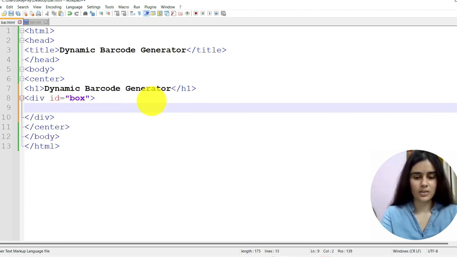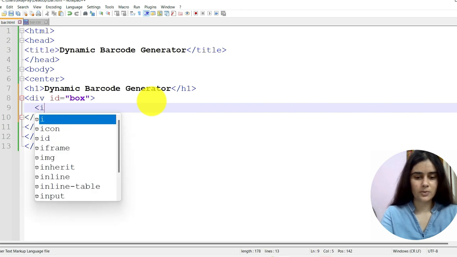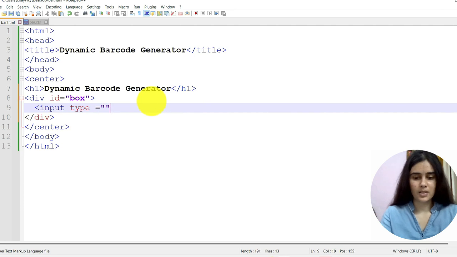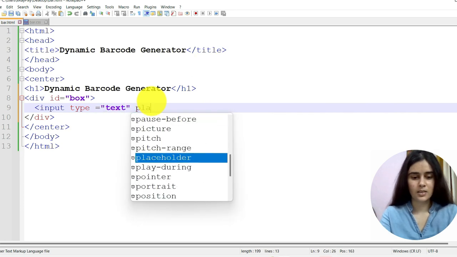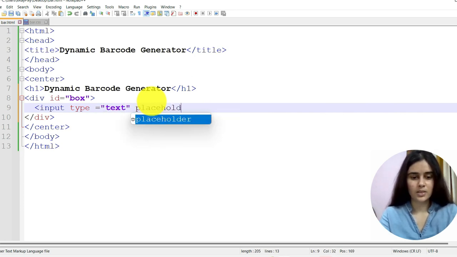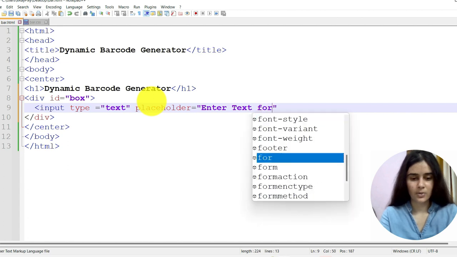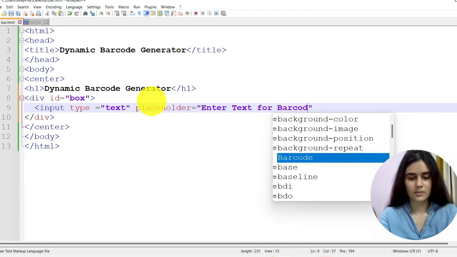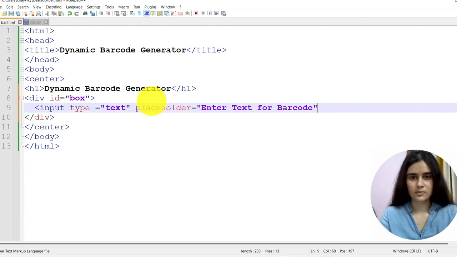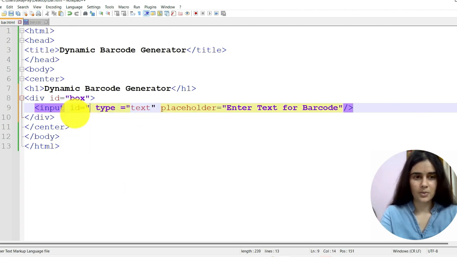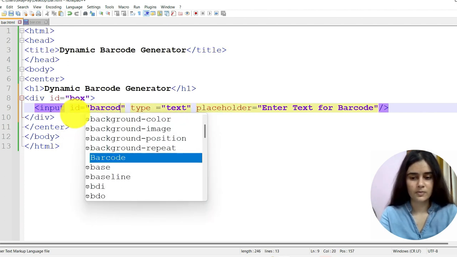So here we need an input box for the user. So here input type is text, placeholder, enter text for barcode. This ID we have barcode input.